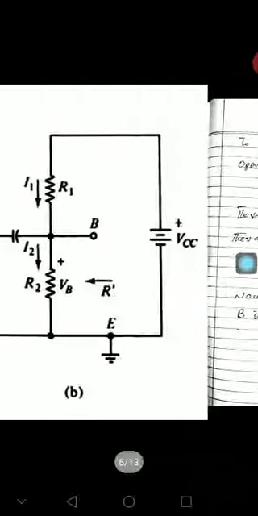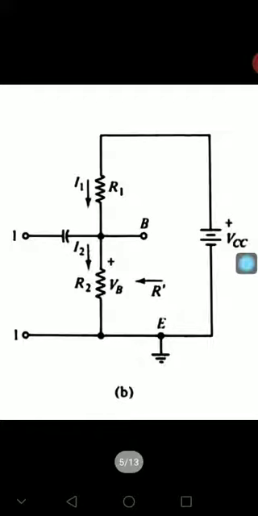This equation shows R1 times R2 over R1 plus R2, which means R1 and R2 are in parallel combination. But as we look at the circuit, R1 and R2 do not seem to be in parallel combination. But here I1 and I2 control IB, so R1 and R2, for IB or for potential at the base, act as if they were in parallel combination.